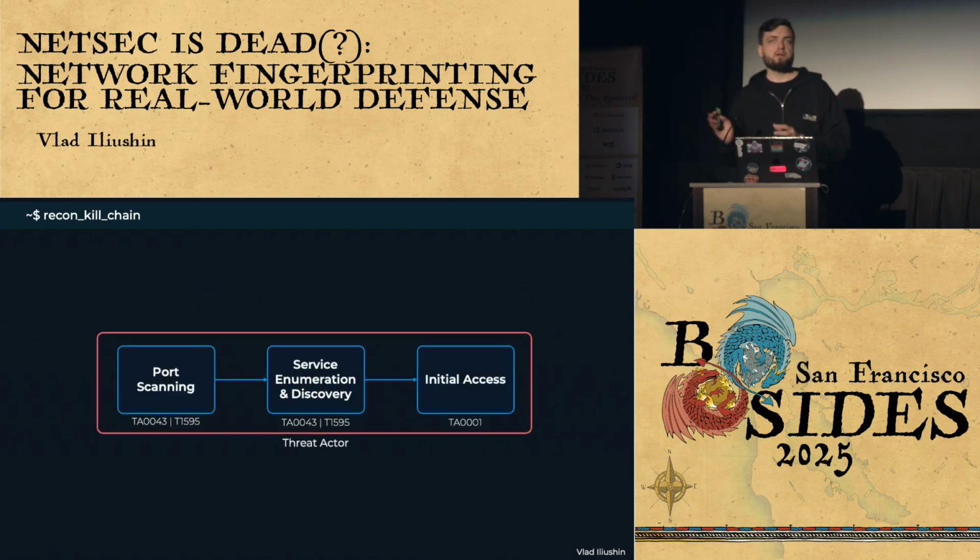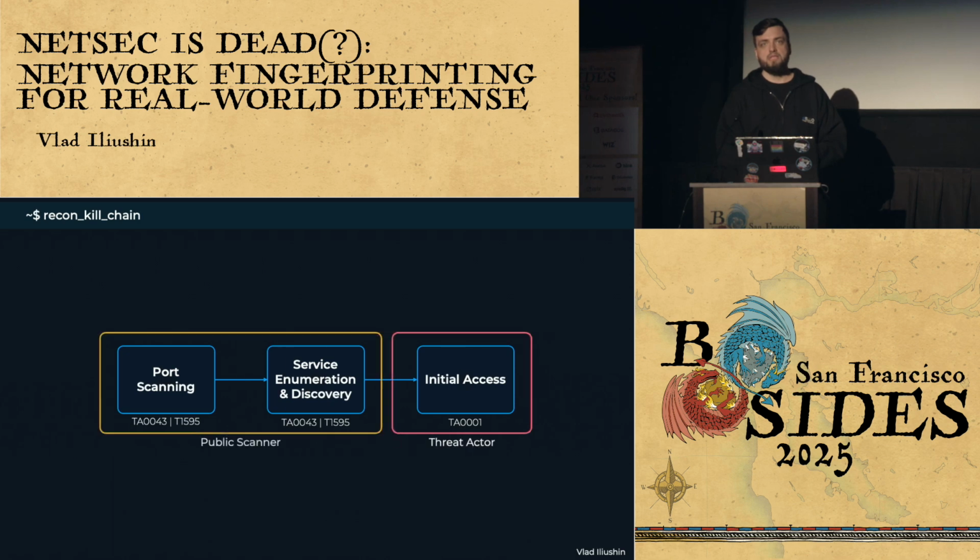But what about the attacker? What happens after reconnaissance? Usually, bad guys like to do something we call initial access, right? And they move to the exploitation. The thing is, advanced actors can afford infrastructure or can afford to rent a botnet to do the scanning of the internet to find targets. But a lot of them prefer not to do that because it's hard, it's expensive, you have to deal with a lot of things. So they use something else.